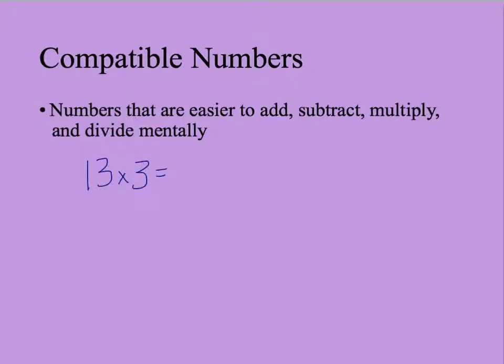For example, if I had the problem 13 times 3, and I wanted to find an estimate for this problem, well, following rounding rules, I would probably round it to 10 times 3, but I could also use compatible numbers. 13 here is also very close to 15, and that's something that I'm pretty good at multiplying mentally